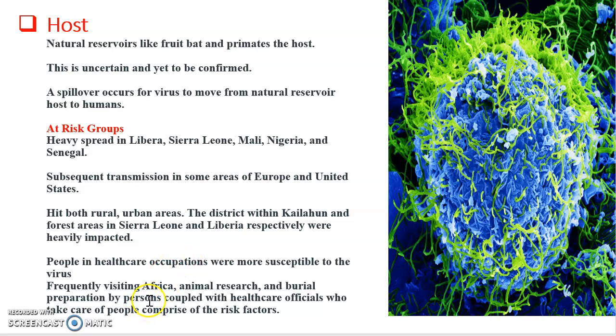time. People in healthcare occupations are more susceptible to the virus because they are available to try to treat the disease or help infected persons. And the devices that they use, if they're not used properly or sterilized or kept very well, can also increase the rate of transmission. Also, people that are heavily at risk are those that have frequent visits to Africa, people that are engaged in animal research, and cultures that place emphasis on the burial of dead persons are highly susceptible to this virus and are considered to be risk